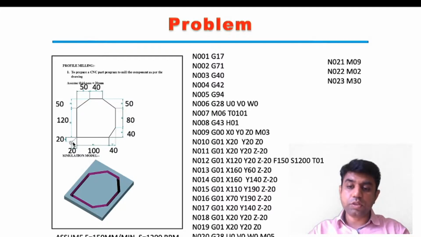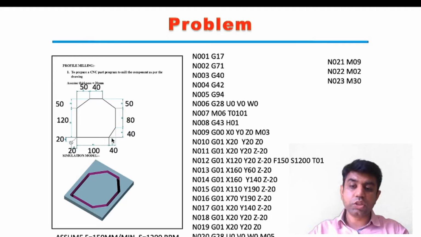Then as per the dimensions from this reference point, we need to move the tool. So from this point, in this direction X is 120, 20 plus 100, this 120, and Y is 20. So that address we had given, and the thickness we need to keep is 20 mm. That's why the Z dimension is minus 20, right? Feed and speed data is as given in the problem, and tool number 1 we are taking for the cutting operation. So in the same way we need to move linearly by using this same command G01.